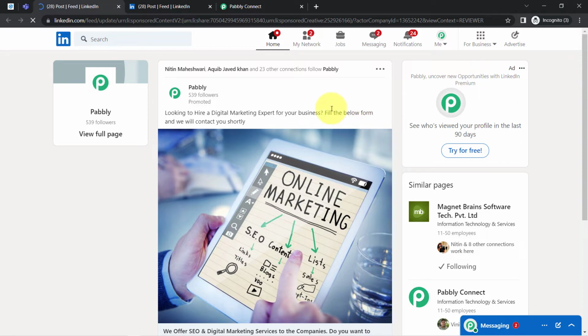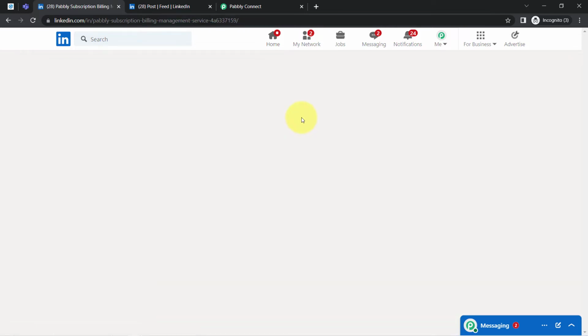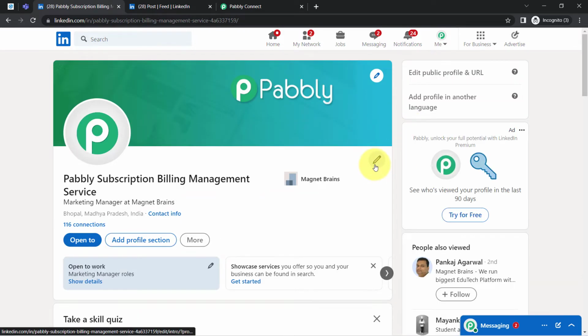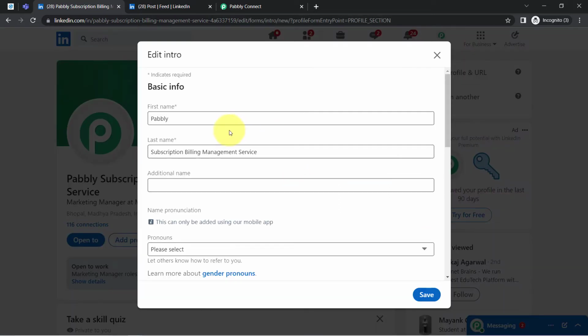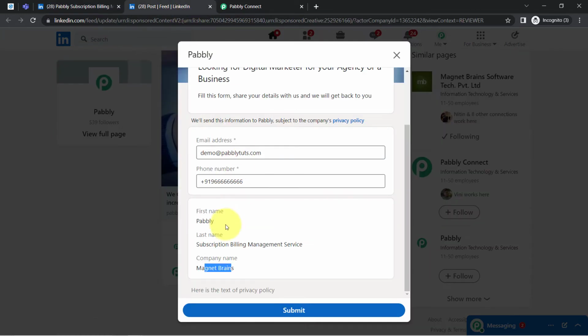You will notice that in my profile, as the first name, last name and company name, a few details are already provided, and since I am not running any live ads, my form is taking these default values from this account only. Here you can notice as the first name, this Pabbly and the subscription billing management service, these details are already filled. That is why my form is taking these default values. But assume that you are running some live advertisement, in that case it is not going to capture the default value. Whatever lead it captures, it is going to provide that particular data, not this dummy